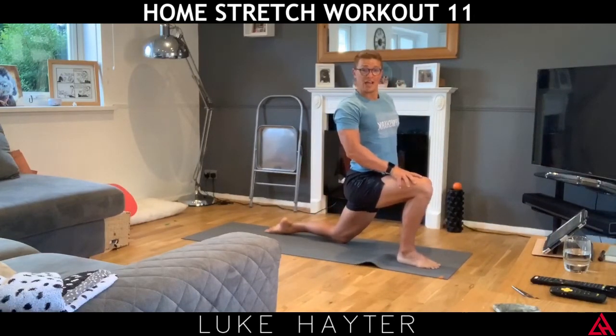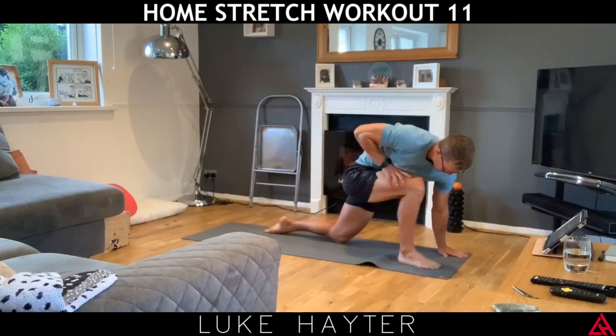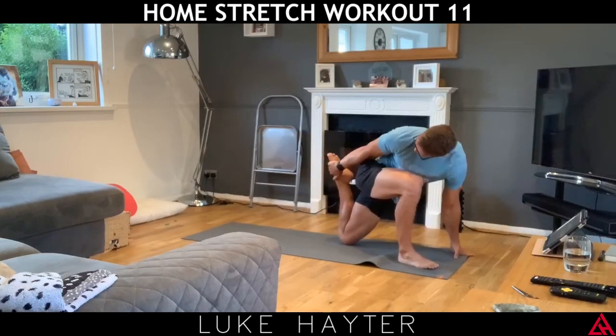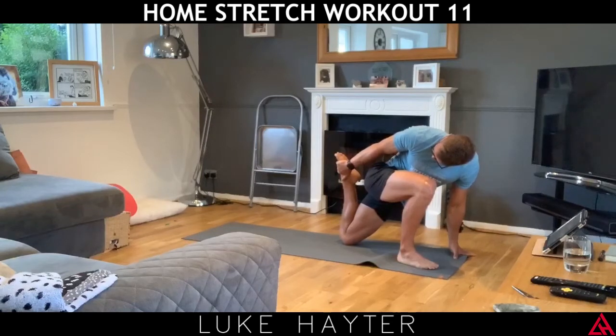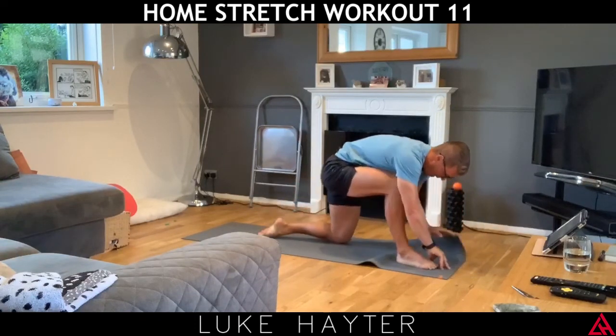So we're in the hip flexor stretch, and then from there, we're going to take the left leg behind us, the left leg and the left hand behind us. And if you can, right hand on the floor, and bring that foot up. Good. And then get to that nice strong stretch. Perfect. And out of there, let's take that left leg